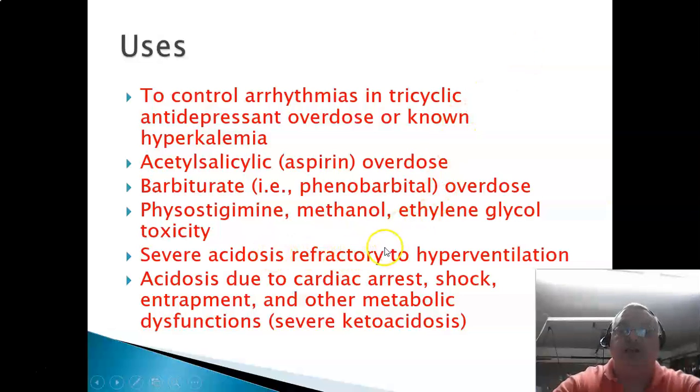Again, if you're not sure, you need to make sure you know what your protocols are. Usually, and again, even if you have to call for orders to get that, feel free to do so, okay? Severe acidosis, refractory to hyperventilation, all right? So the number one way that we try to buffer somebody is to bag them and ventilate them well, all right? Ventilate them well. If they're still acidotic, then we give them the sodium bicarb to counteract the metabolic acidosis,